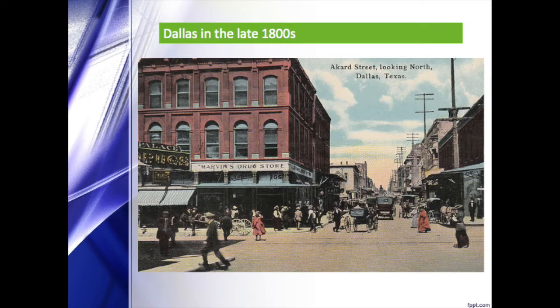In the late 1800s, Dallas was rapidly growing into a major commerce center. Originally an agricultural community, the convergence of several railroads in the city made it a great location for industry. This created more jobs and caused a large influx of immigrants, making Dallas the most populous city in Texas.